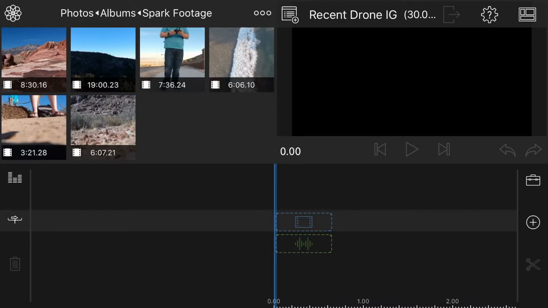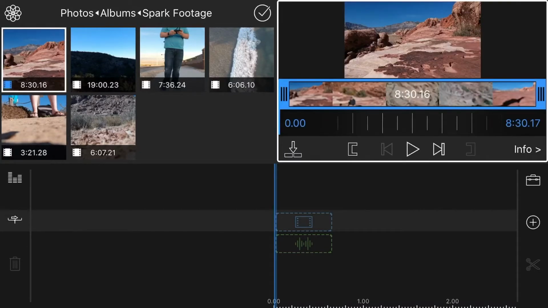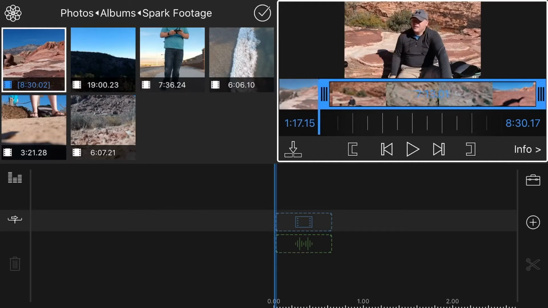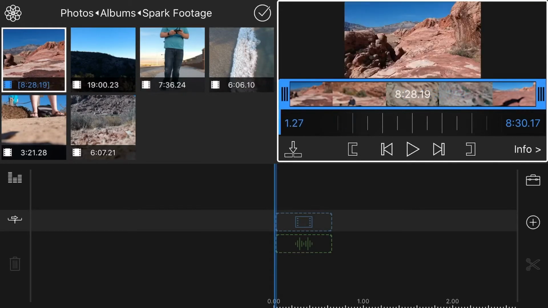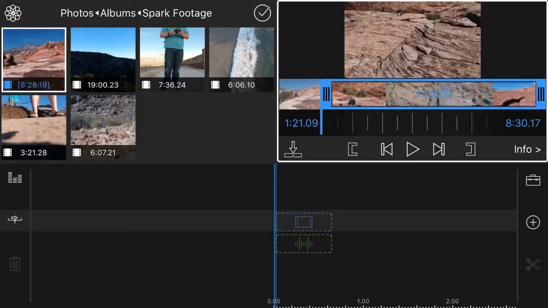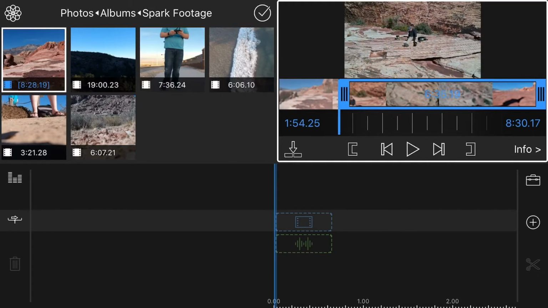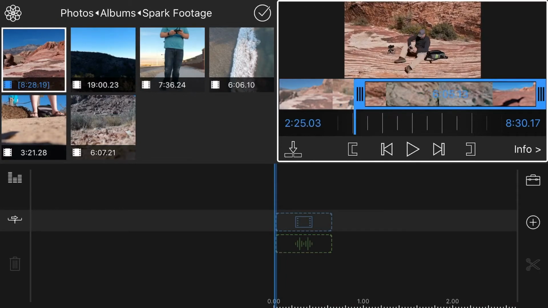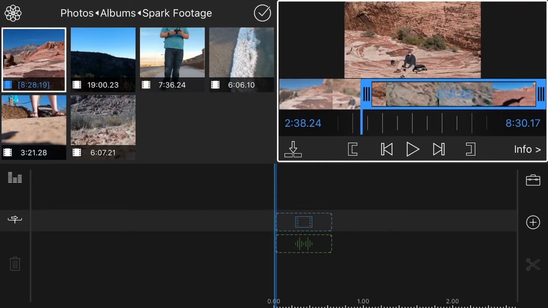So I want to add some clips from this one here. And if you watched my previous video on using LumaFusion, you'll know that you can use these handles here to adjust your footage, or you can use the scrubbing tool here and set your in and out points. I'm going to do a little bit of both here, so I'm going to set this to be a little further out, and what I want to do is I just want to take this shot of when I send the drone out,